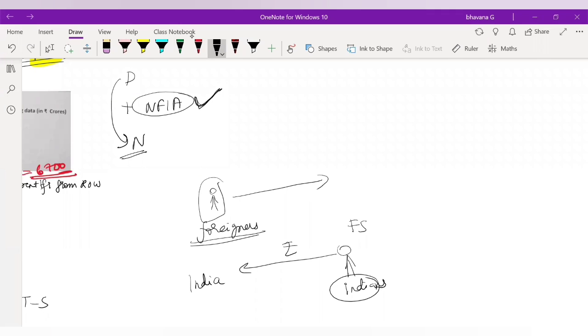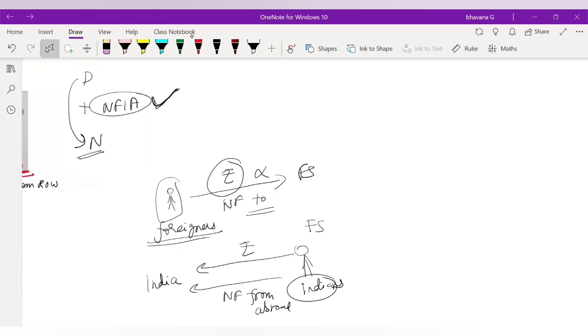Whereas a few foreigners will be working in India who will send their money earned to their foreign state. So this income is not belonging to Indian income or the national income of our country. So this is net factor income to abroad. Here what we are getting is net factor income from abroad. Here to abroad means you are giving your income to the abroad people. Okay. So what is going to happen? Net factor income from abroad you will add, and minus you will do net factor income to abroad. To abroad, whatever you are sending, you have to minus, and whatever you are getting from abroad, you have to add.